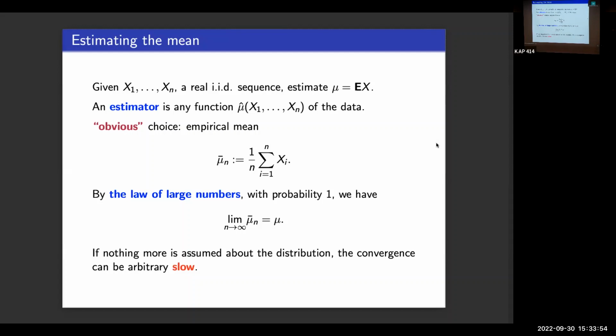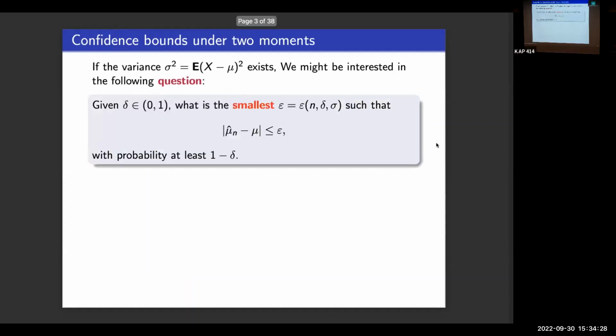Now the thing is, this is mostly from an asymptotic perspective, okay? So we know that as n grows, that's what happens. Now, if you fix n, the sample size, you might want to know how close we get to this parameter, okay? How close is this estimator, the empirical mean? And obviously, this will depend pretty much on the distribution, while the law of large numbers is a universal result that does not really depend on the distribution. How close the estimator is to the true parameter depends pretty much on the distribution. Okay, so what we care about now is a non-asymptotic version of this.